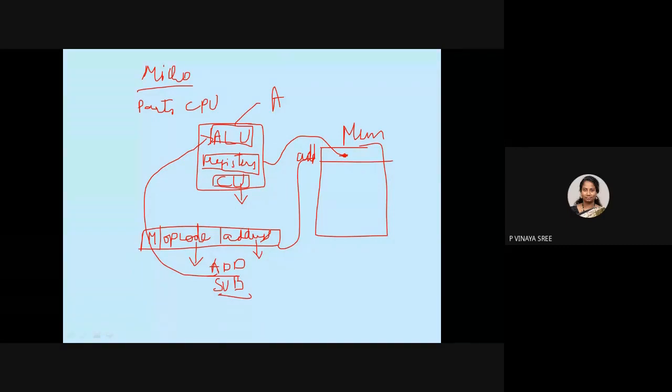Anyone else? It gives the signal to give the operands. Yes, very good. It gives us signals. Okay, what does that mean? Like we as human beings get signals saying that we are hungry, or that we need to do some kind of work at a particular time. In the same way, the main part of a CPU is the control unit.